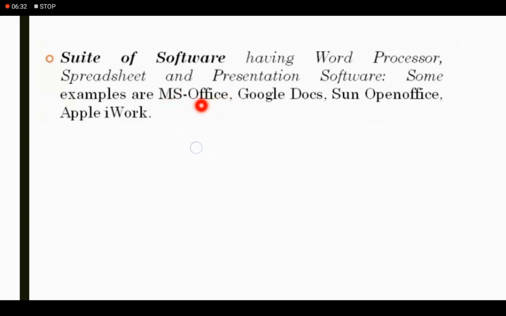By installing only this software, we will be able to use all the other softwares of Microsoft Office also. So this is a software suite, or we can say a software package in which all the softwares are available.